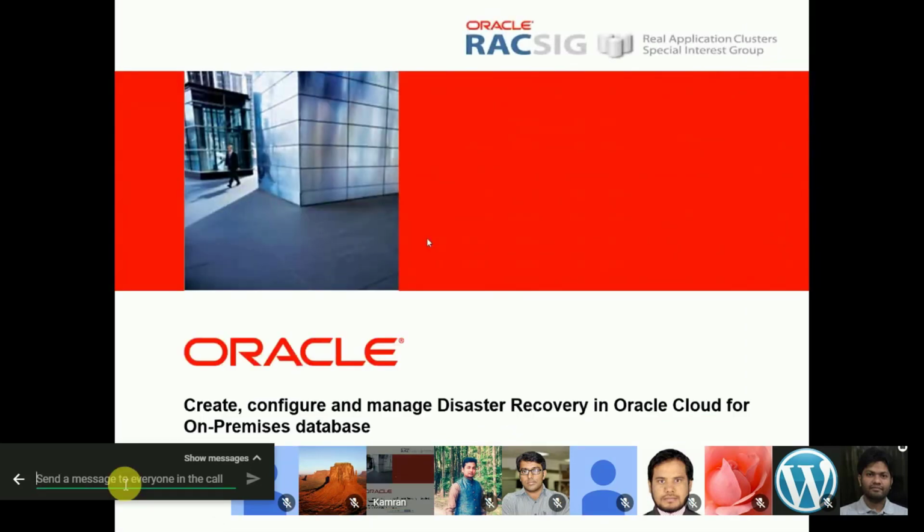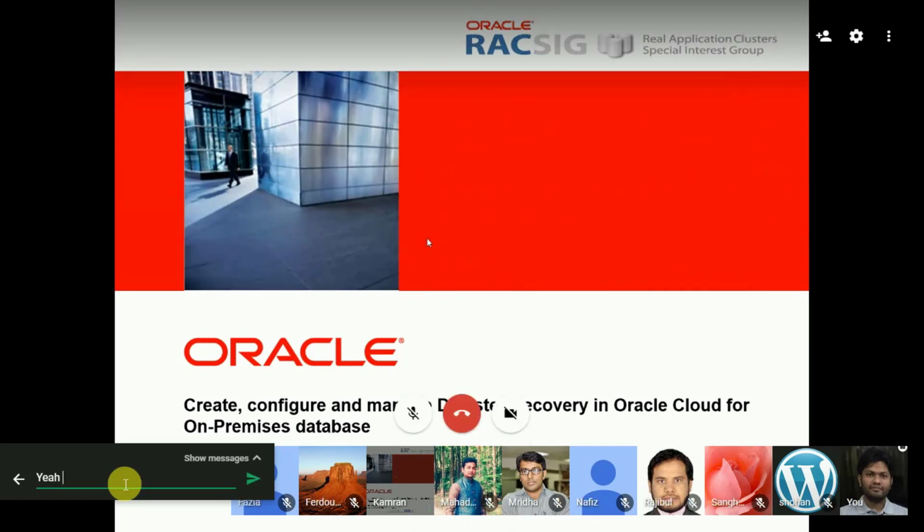So, in this session, I would like to talk about how to create, configure, and manage disaster recovery in Oracle Cloud for on-premise database. I will skip these slides. When we are talking about the standby database, about building disaster recovery in Oracle Cloud or in general, I'm really interested